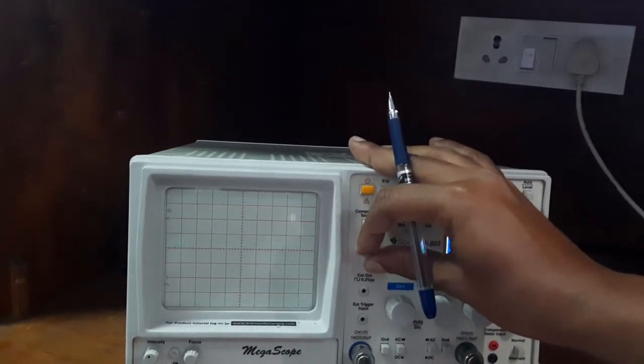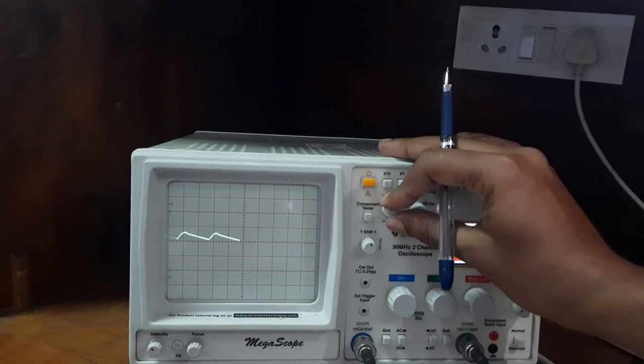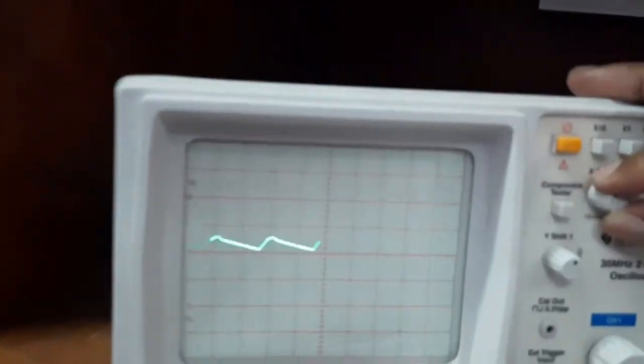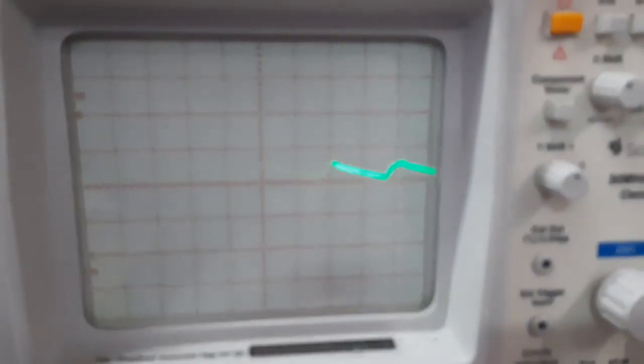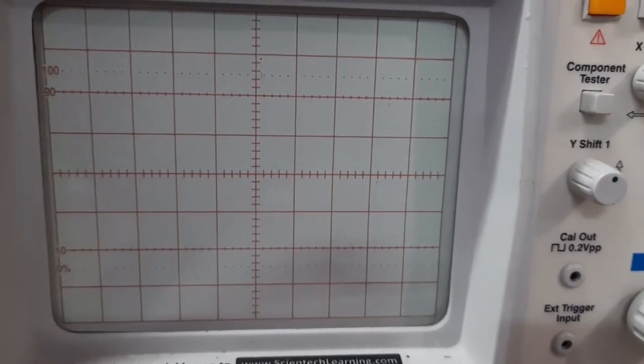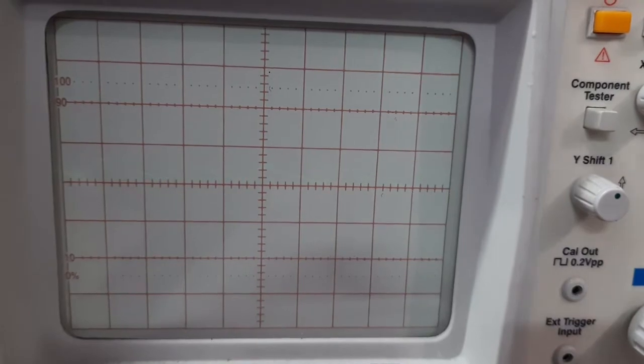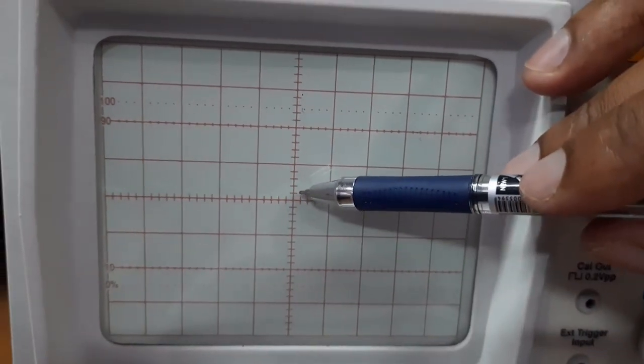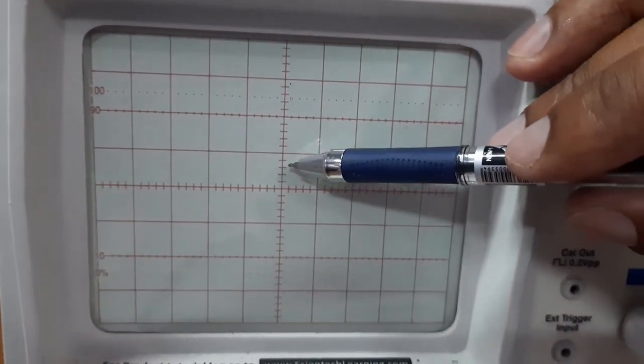You just bring this down and measure the amplitude of VR peak to peak. It is around 0.6. You can see here 0, 0.2, 0.4 and 0.6. Almost it is 0.6 or 0.5 you can say.